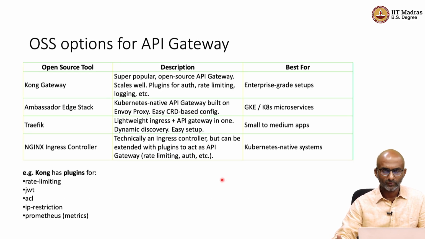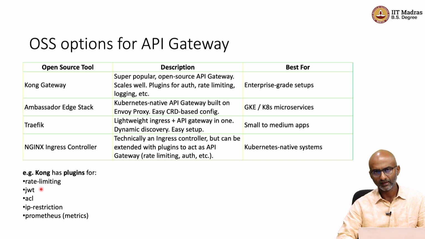If you don't want to use API Gateway, or if you want open source options for it, there are quite a number of popular tools. Kong is one of the most popular tools, lightweight, but at the same time really flexible and scales well. It's good for massive scale deployments as well as easy to start deployments. So super popular. It's got various kinds of plugins, like for rate limiting, it's got a plugin for token-based authentication,